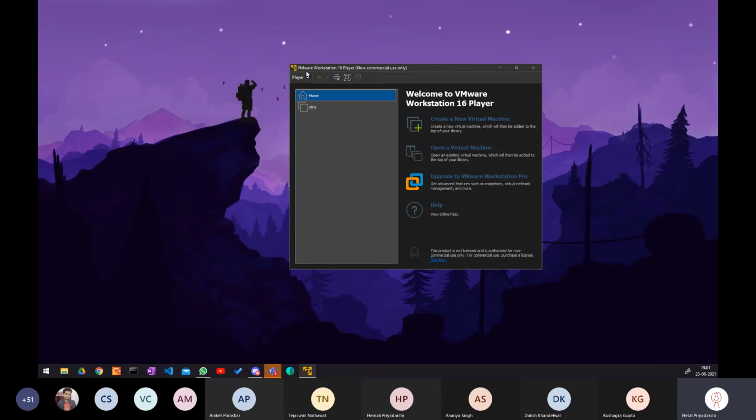Meanwhile, when you use a virtual machine, there is a lot of lag, and you won't be able to use your system's resources to the fullest. So I would suggest that in the starting phase you get a virtual machine, and then later on move on to a dual boot system.